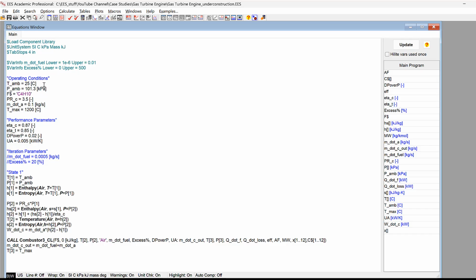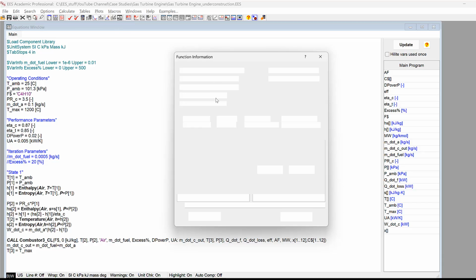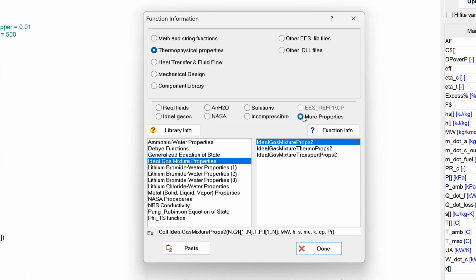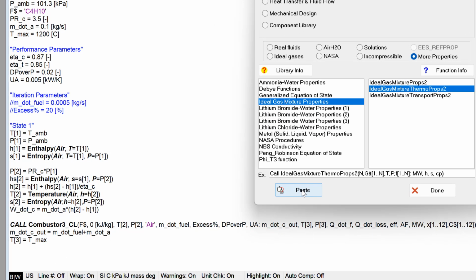To find those, you can either go to the substance information dialog or the function information dialog. Here I'm going to function information. More properties is what I want to click under thermophysical properties, and you can see there are 3 different choices here. Each of these gives you the properties of an ideal gas mixture. The top one gives you all the properties, and the next 2 give you either the thermodynamic properties or the transport properties. We're only interested in the thermal properties, so I'll use the second one here, and we'll paste that into the